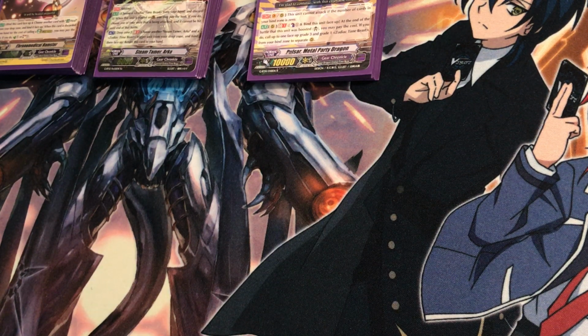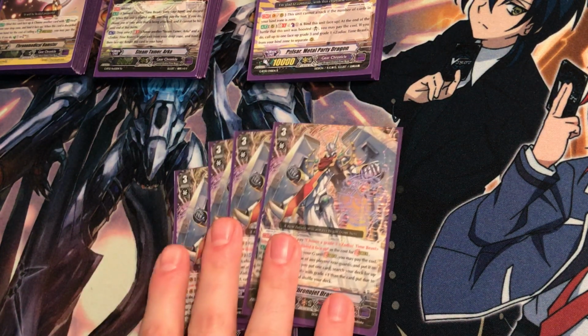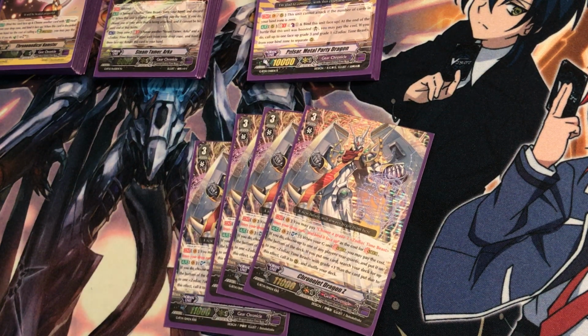Alright, now going into the grade 3s. Of course, we have ya boy, Chronojet Dragon Z. He's great because his first ability is that if you're paying for the cost of stride, you can just bind a grade 3 ZTB from your drop zone. Second ability is that you Soul Blast when your G unit strides. You put one of your opponent's rear guards to the bottom of their deck, and then you call a ZTB from your deck with +1 grade. So that's where